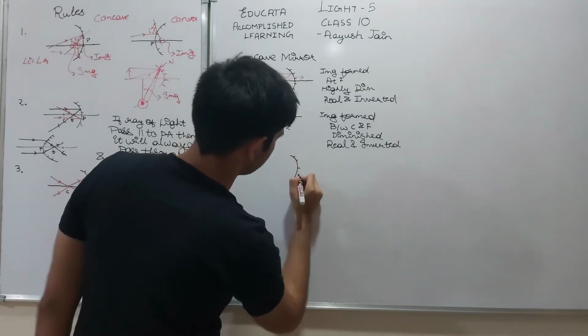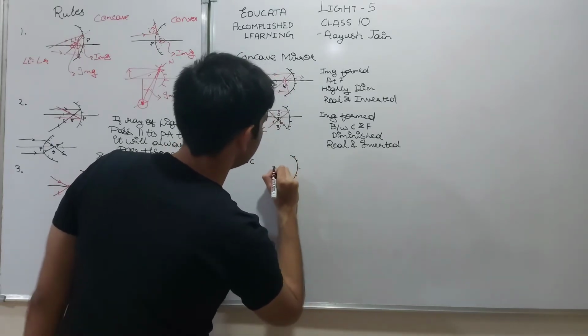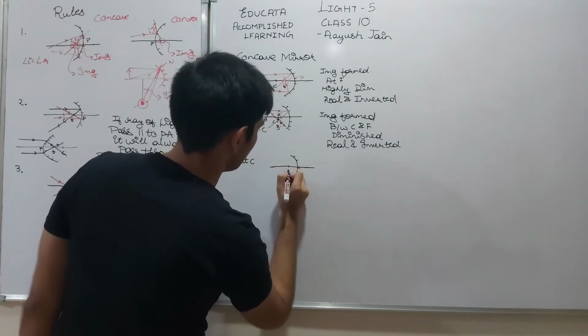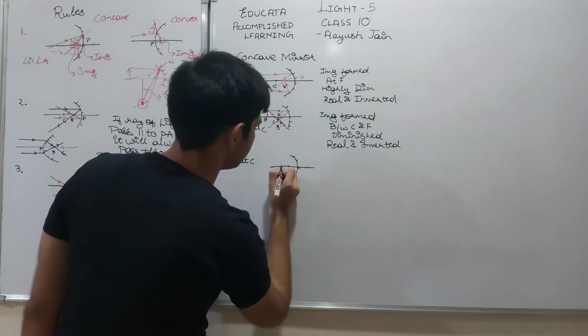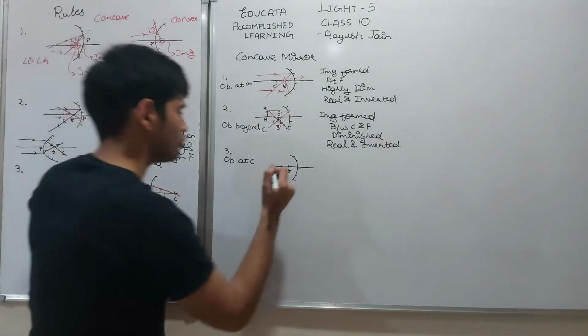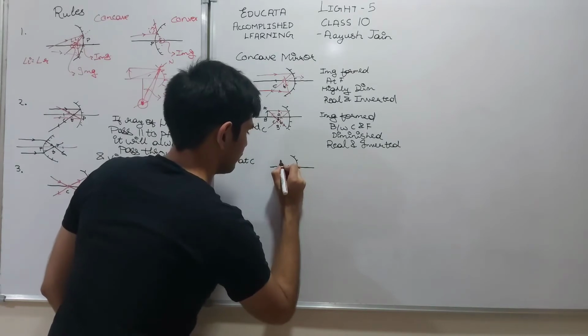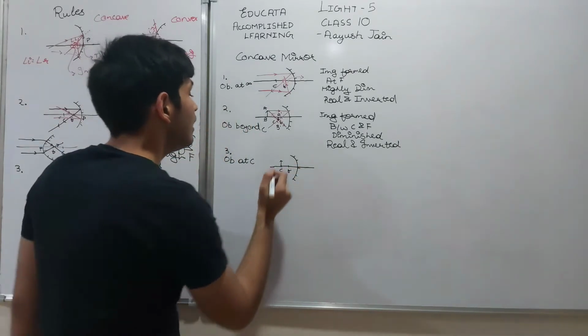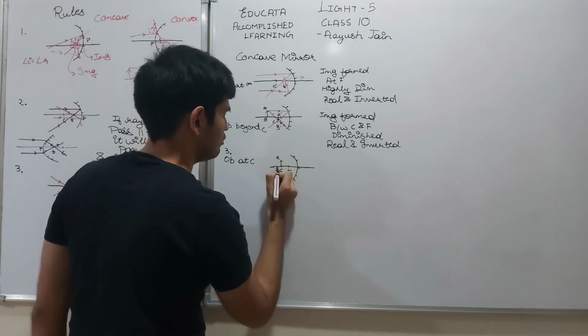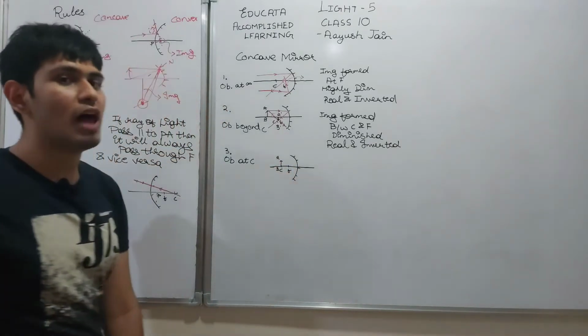Okay, this is also C and let us also just see. This is our principal axis. Suppose this is the focus. Suppose this is the center of curvature. Now, where we are placing the object is over here. This is the object that is present. Let us name this object as AB. Okay, this object is named as AB. Now,